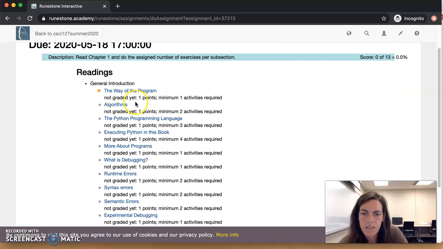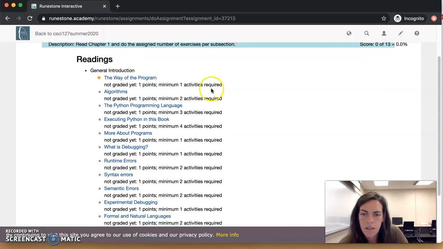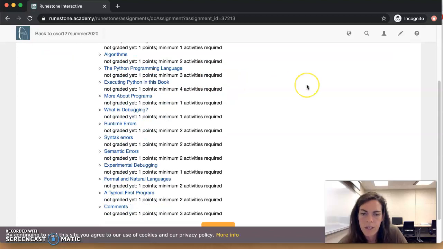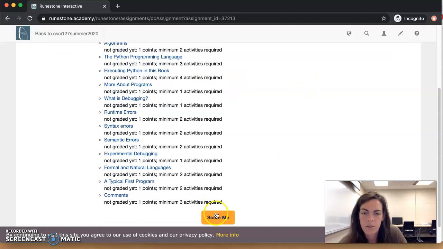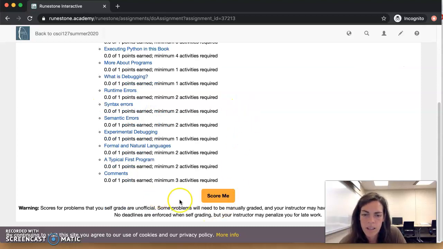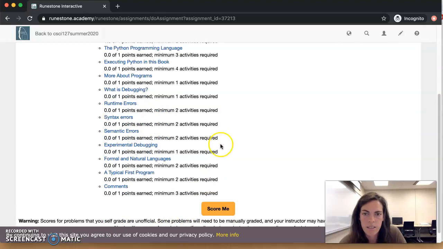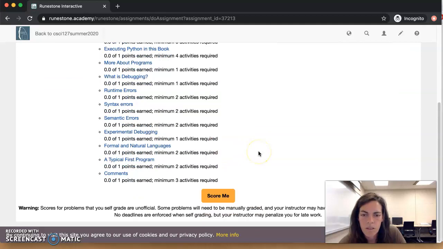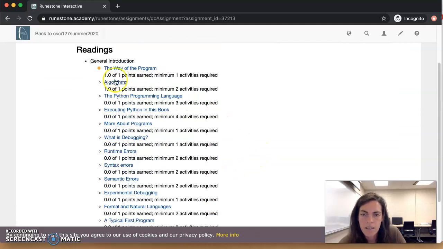But if we click Score Me, when I click Score Me, it sort of auto grades what I've done. And we can see that just by visiting this way of the program subsection, I earned